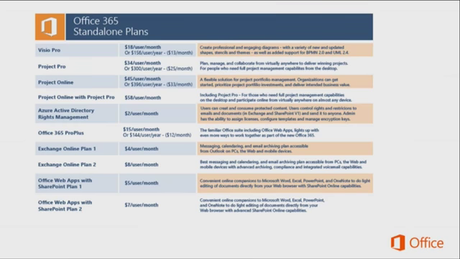Okay, so let's jump to the next one. These are standalone plans. These are add-ons, things that you can add on. Let's say you bought the mid-size plan, you've got your Office, you've downloaded it, and you need Visio or Project. You can now add those as monthly subscriptions for Visio, Project, even Project Online. Of course, Azure Active Directory Rights Management has been added.